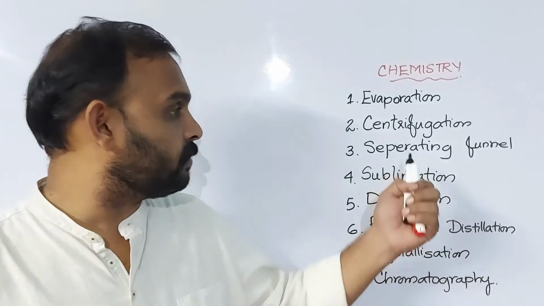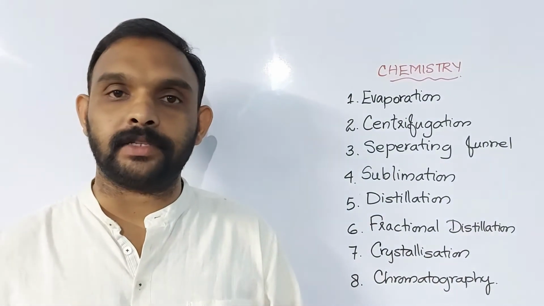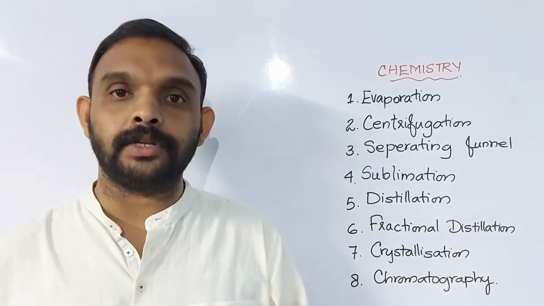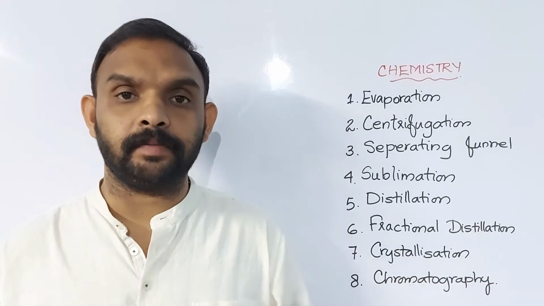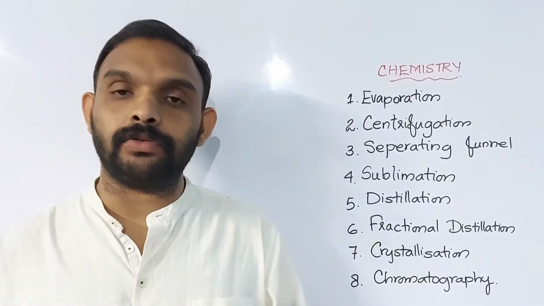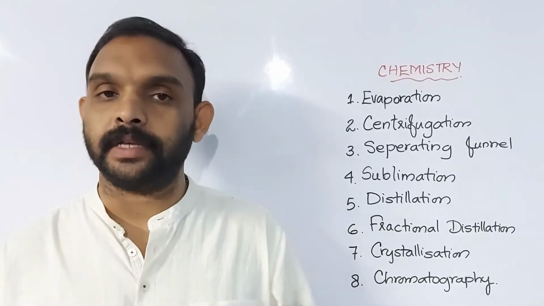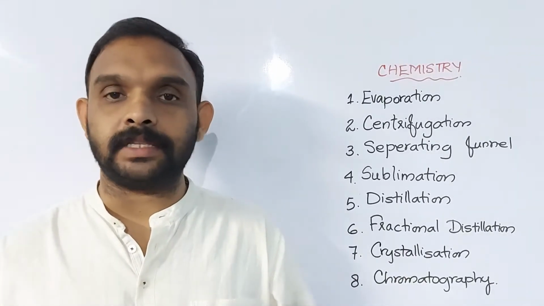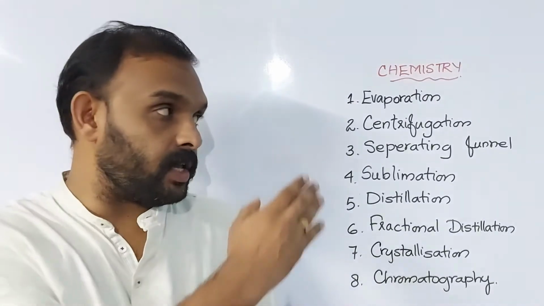Now we have the third one, that is the separating funnel. Separating funnel is used for separating two immiscible liquids. What is meant by immiscible? Immiscible means two liquids which do not dissolve in each other are called immiscible. So these immiscible liquids have a visible boundary between them. You can see here